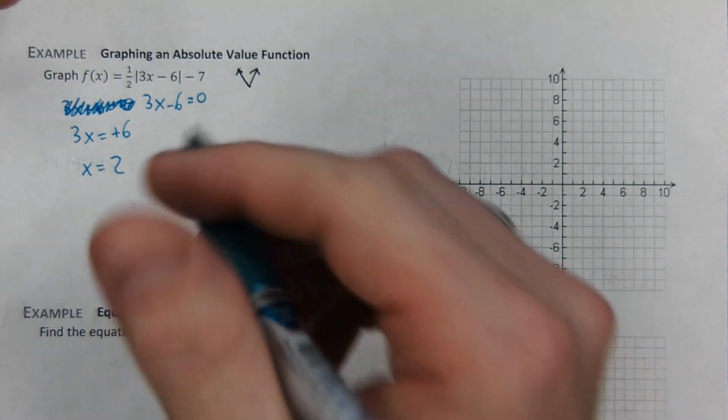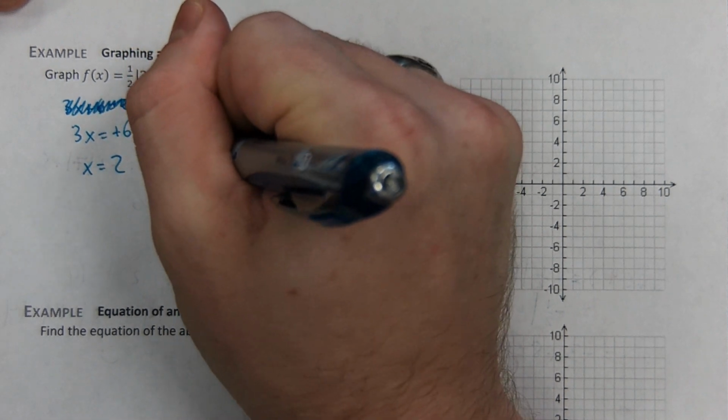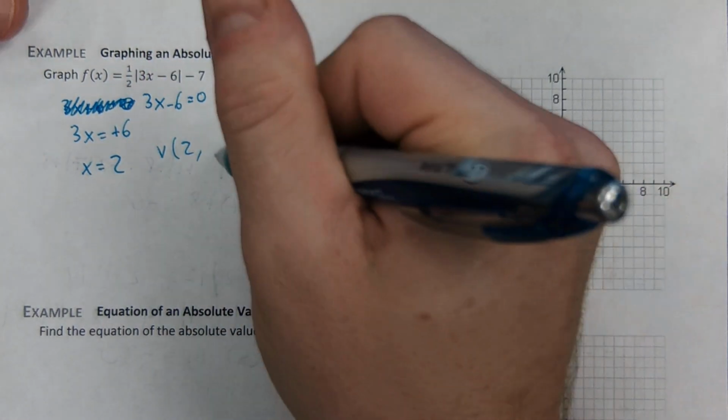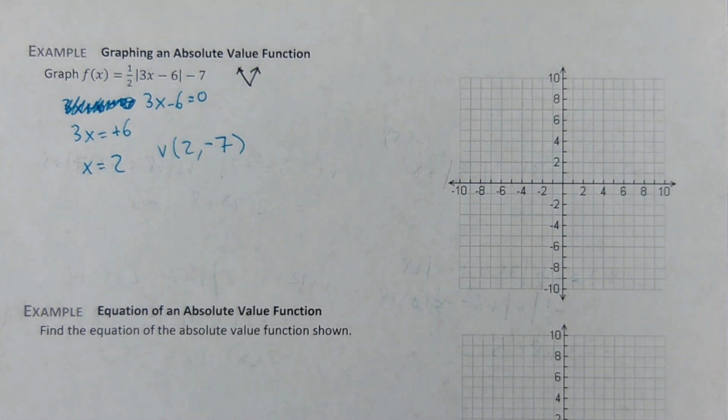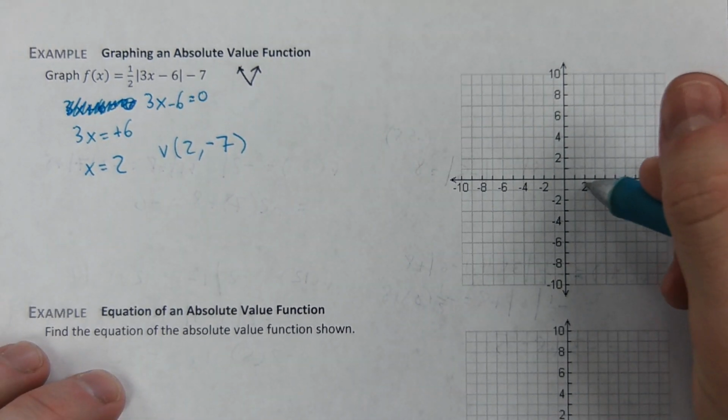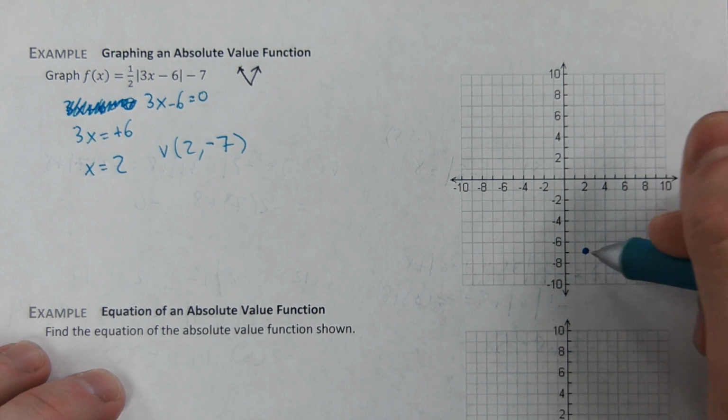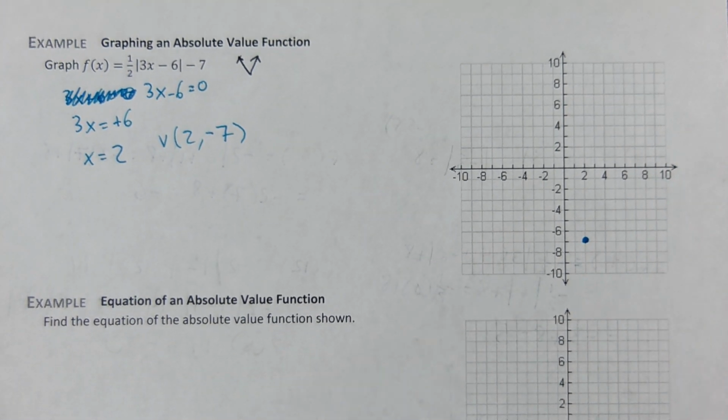So the vertex is what makes the inside equal 0, comma, the number to the far right. There it is. We have a vertex at 2, negative 7. I'm not going to plot this one wrong this time. And I know it points up. I've got an axis of symmetry here